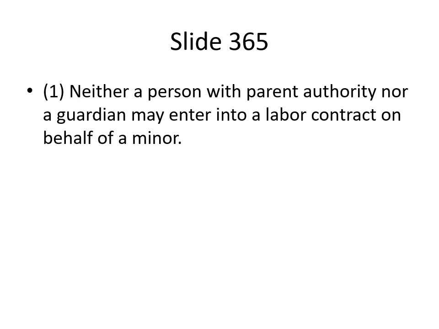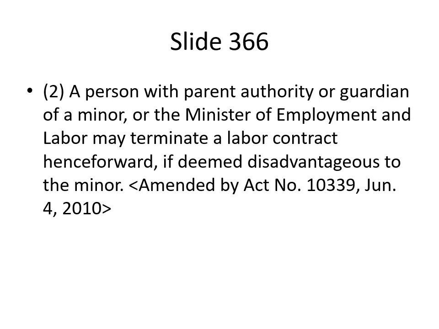Article 67. Labor Contract. 1. Neither a person with parent authority nor a guardian may enter into a labor contract on behalf of a minor. 2. A person with parent authority or guardian of a minor, or the Minister of Employment and Labor may terminate a labor contract henceforward, if deemed disadvantageous to the minor. <Amended by Act No. 10339, June 4, 2010>